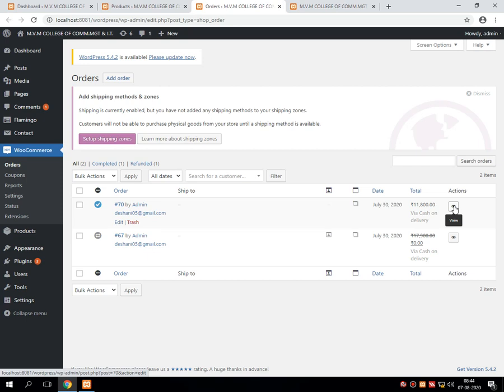Now, in the view section, the administrator or admin side can see the information of the buyer who has purchased the product from the WooCommerce store that we have created, where the company owner gets the buyer's name, email ID, mobile number, and the address where the product is to be delivered. If everything is correct, even in this section, the preferred payment method selected by the buyer can also be visible to the owner of the store.